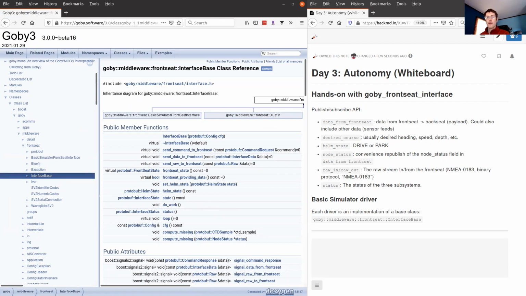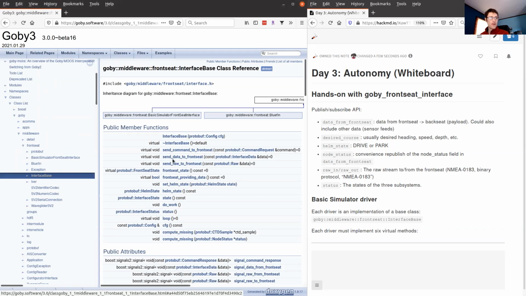And so each driver has got to implement six pure virtual methods, and these are shown here. We've got send command to front seat, send data to front seat, send raw to front seat, provide the front seat state, is front seat providing data, and then this loop method.